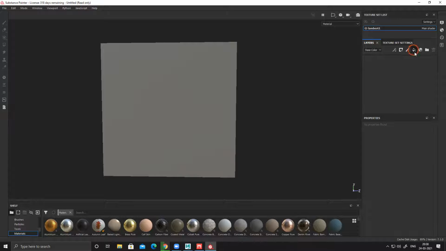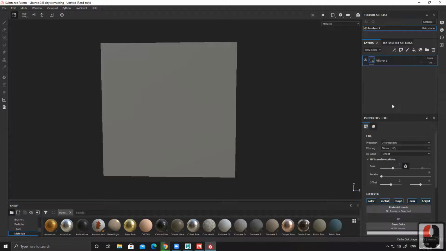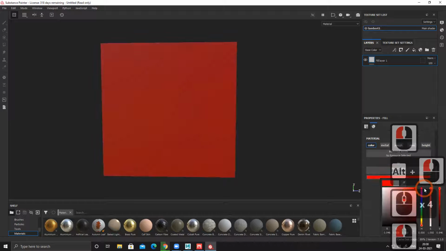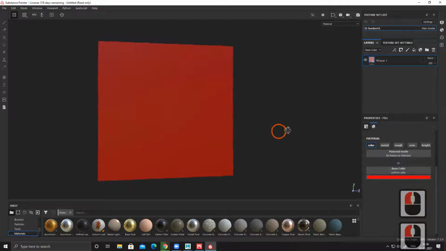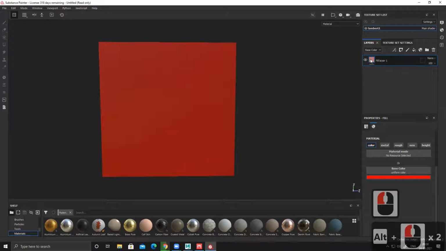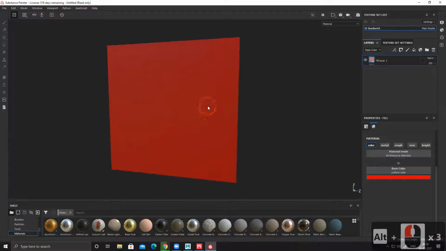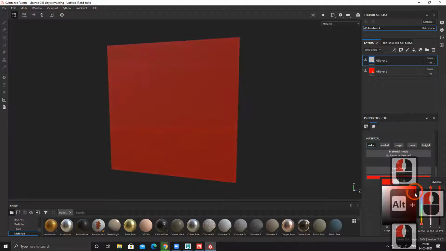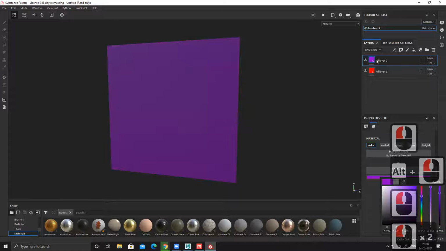So first layer, alt-click on color, only color is visible. Let's add some color, red. I'll just fill full red to everything, the entire thing. If I want, I can mask it out, but that's not required. Everything else I'll create on top of it. Then one more layer, only color, and let's make this blue, violet, something.